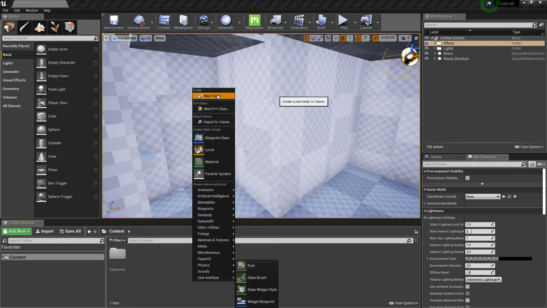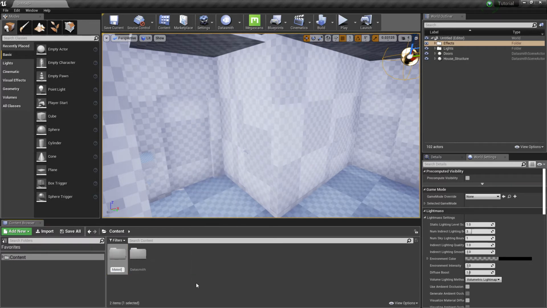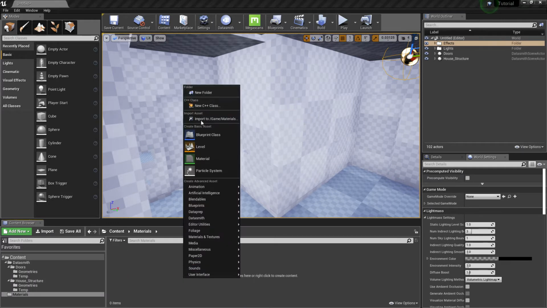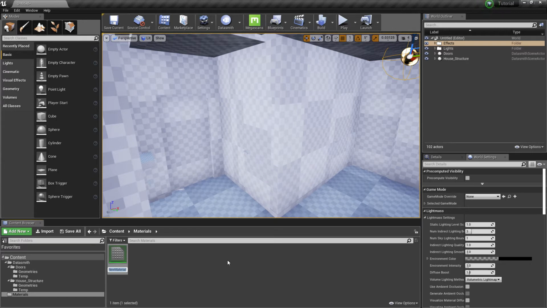Let's create a folder for the materials as well. And a basic white material for checking the artifacts.